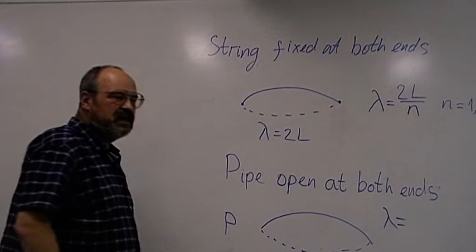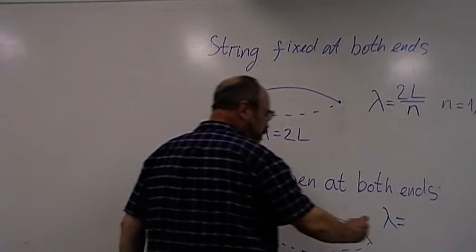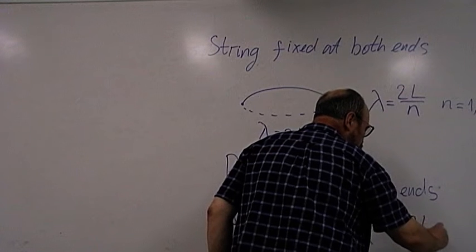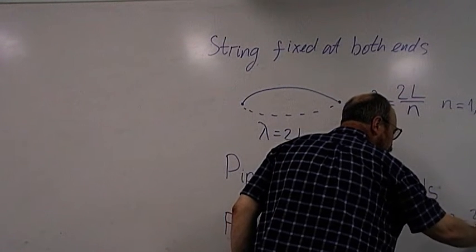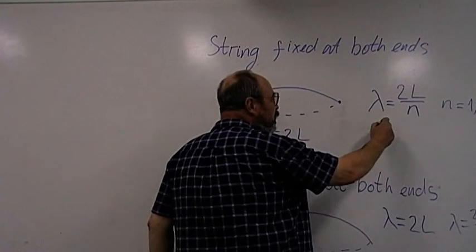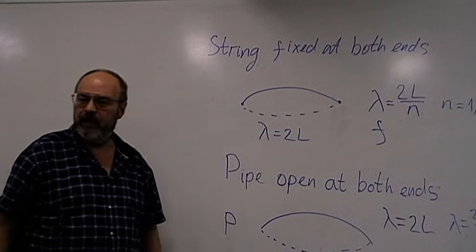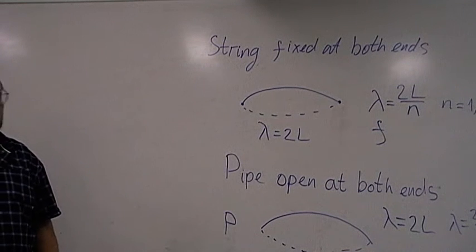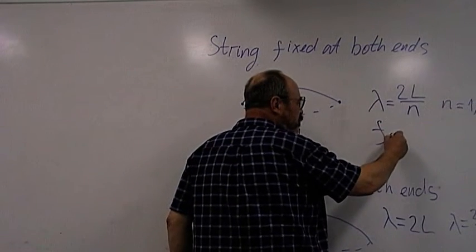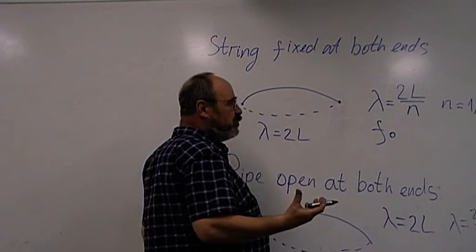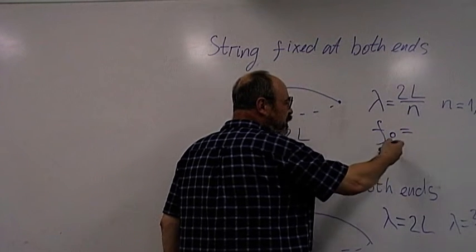The longest standing wave of the variations of the pressure that can exist in this pipe is 2L, and all others 2L over N. And the frequency that is associated, yes, for the pressure variations. The frequency associated with the longest wavelength is the lowest frequency, the first harmonic or fundamental frequency,